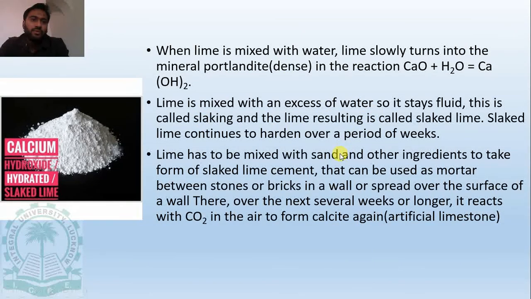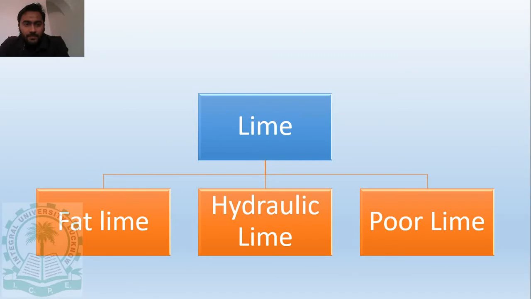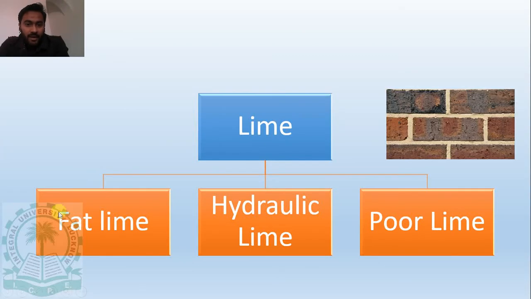What we do is we add water to lime overnight, and it is an exothermic process. It evolves a lot of heat and forms slaked lime, which can be used as mortar when mixed with sand. Slowly and steadily, after it reacts with CO2, here you can see CO2, it forms a very hard mass. So it gains strength. It can be classified into fat lime, hydraulic lime, and poor lime. You must have studied this classification of lime in your BMC course.